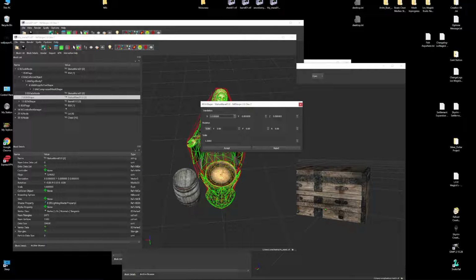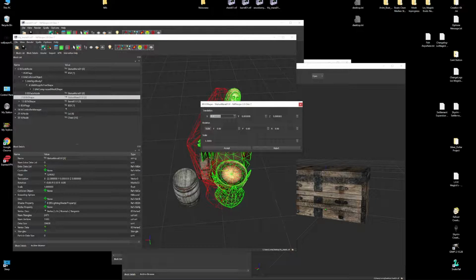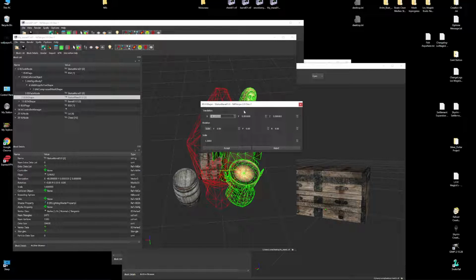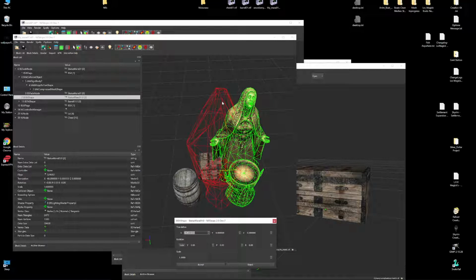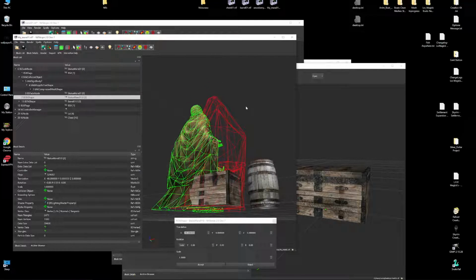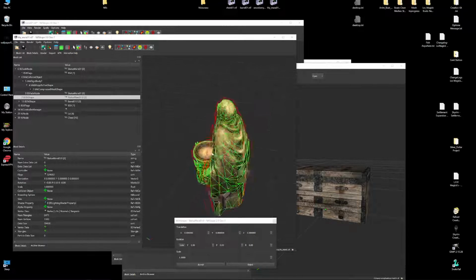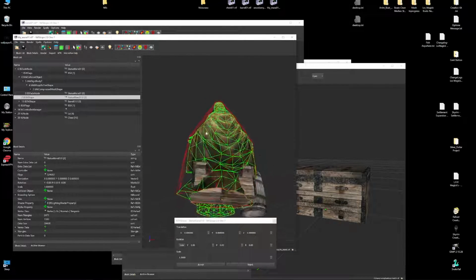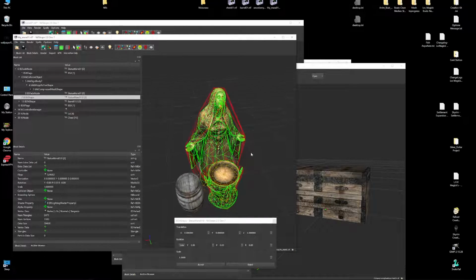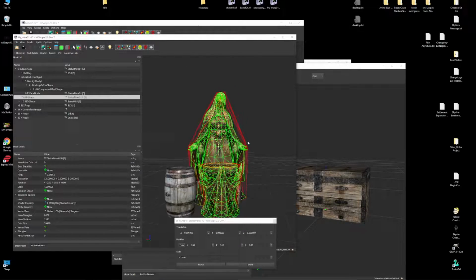Mara is just one piece. You see how I move Mara, and then that collision doesn't move. That's why you need to watch the Chunk Merge video, because you won't be able to get rid of that.